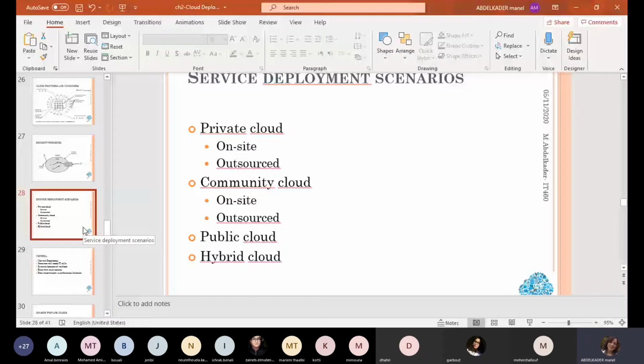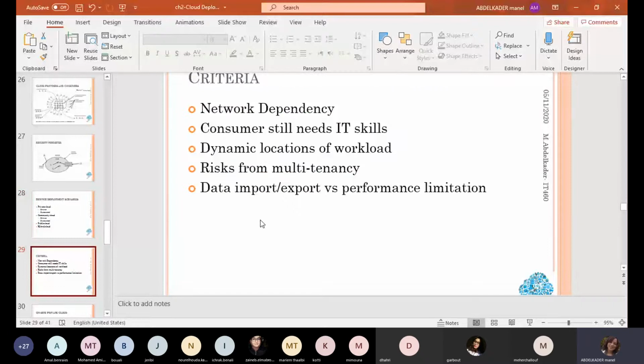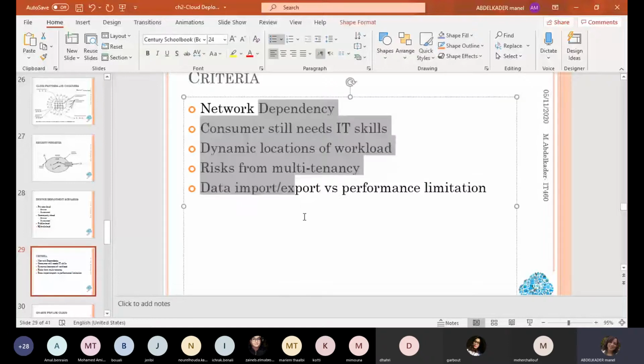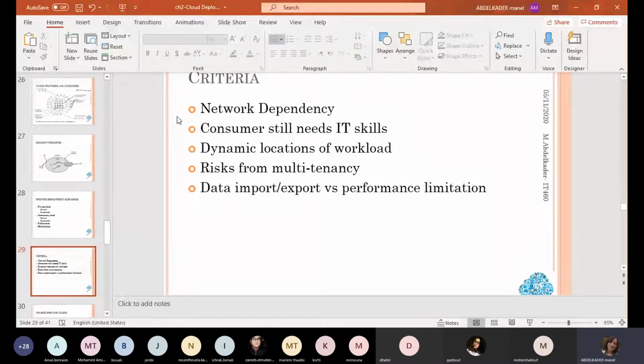Now we'll see the different cloud models, but even when you are taking notes, try to answer this question and make a summary of what I was talking about for the different models, because these are the criteria we will need to choose one cloud deployment model over another. Just to give you a general idea, you are a customer, you have an enterprise, you'd like to